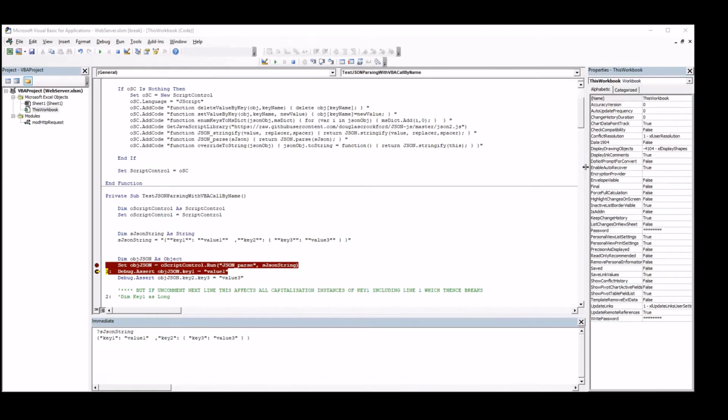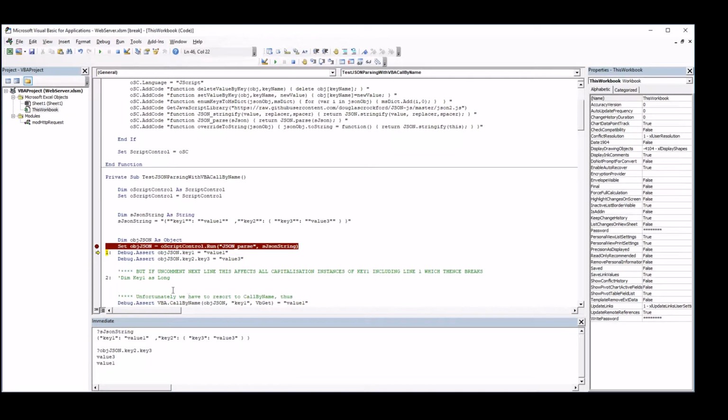Now in JavaScript, you can write lines like this, and indeed in VBA you can write a line like this. You can actually drill into the object. So let's go to the next line here. Let's do that key 3. Right, so you think, oh wow, that's brilliant. I can traverse the object, but there's a problem, and the problem is this: